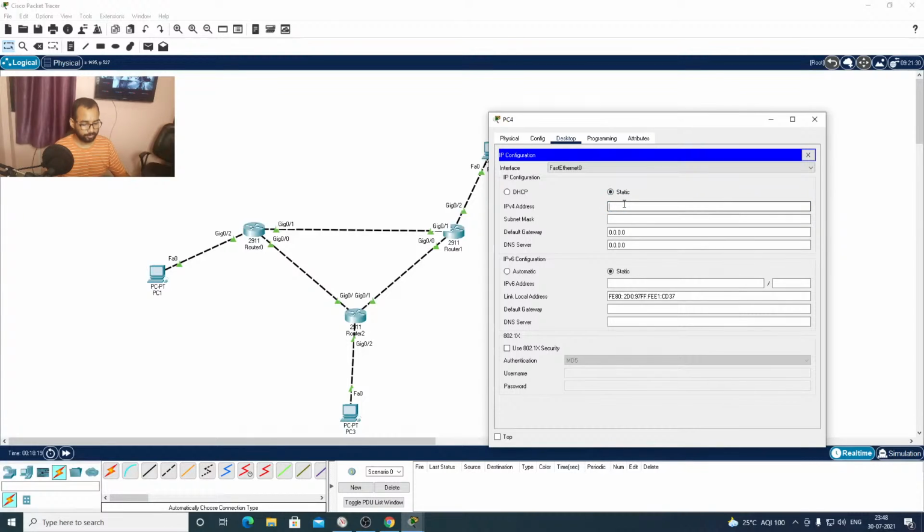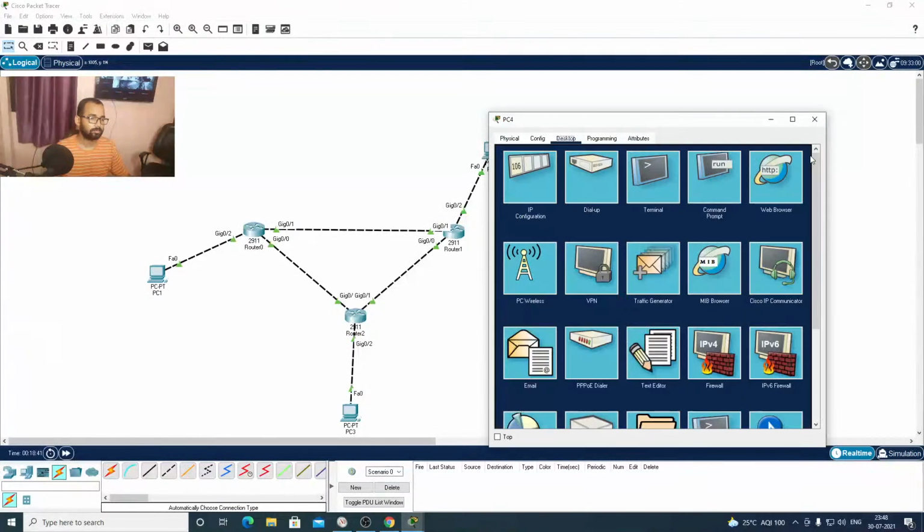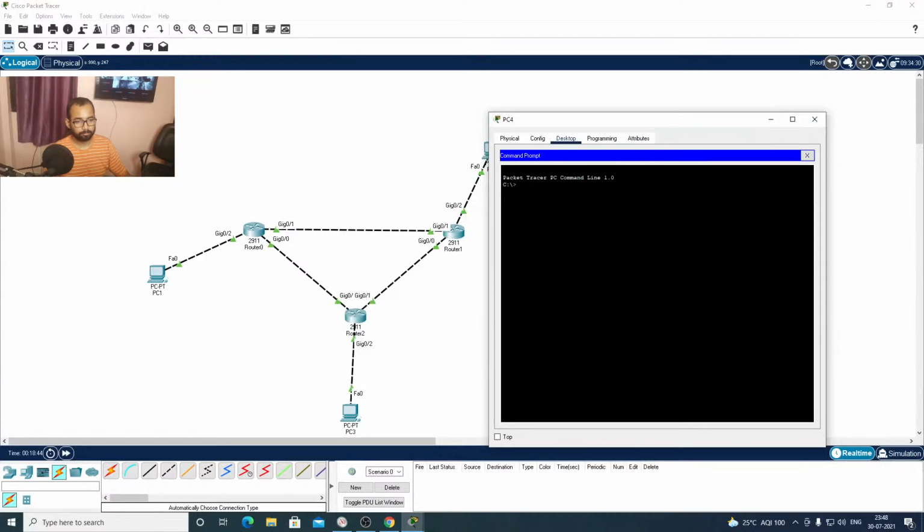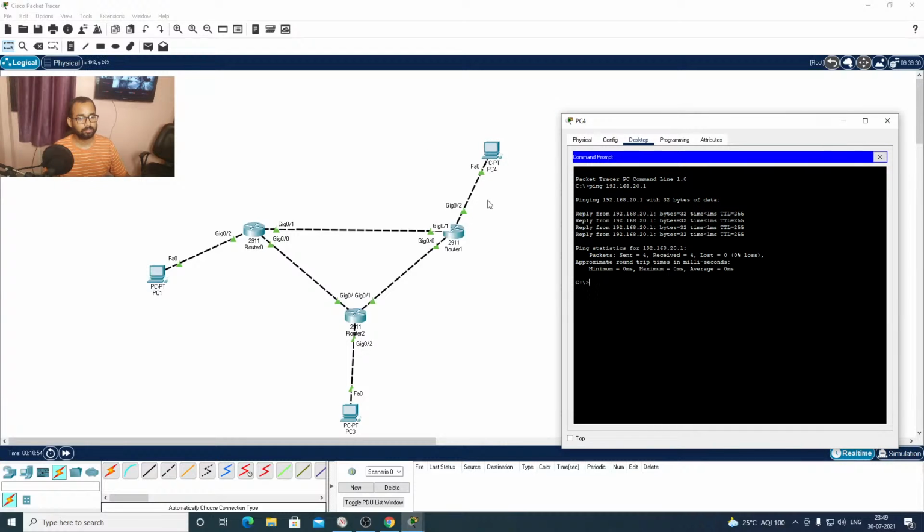We'll assign the IP address 192.168.20.2 here, subnet mask 255.255.255.0, default gateway 192.168.20.1, and the DNS server the same. So we have assigned it, and we'll check by pinging 20.1. We are getting the ping, hence the communication is all right.